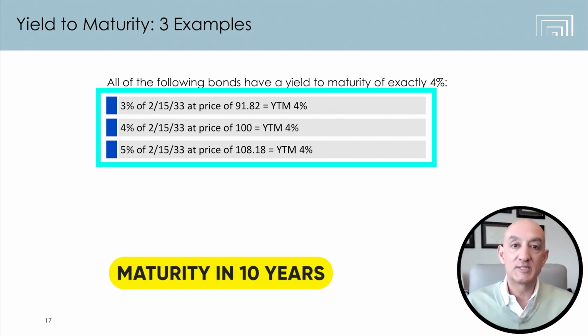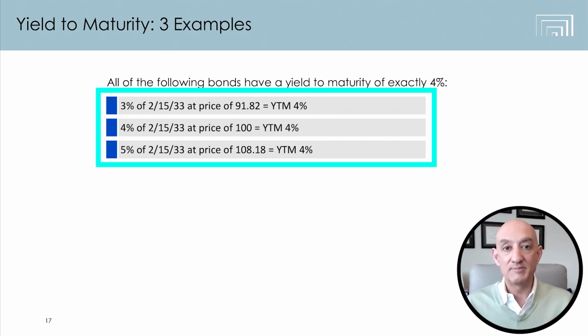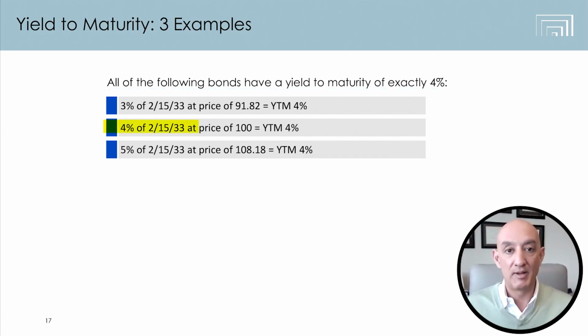So what would you have to expect then? You would come to the expectation that all 3 of these bonds would have to pay you about the same amount, because if one of them was paying a little bit more than the other 2, no one would buy the other 2 because they're essentially the same bond. So what ends up having to happen is that the yield to maturity on these 3 bonds has to be about the same.